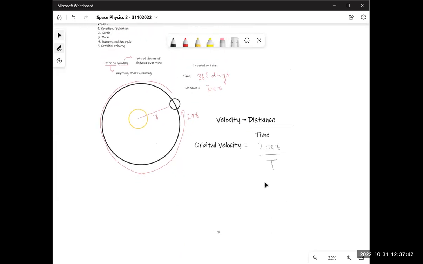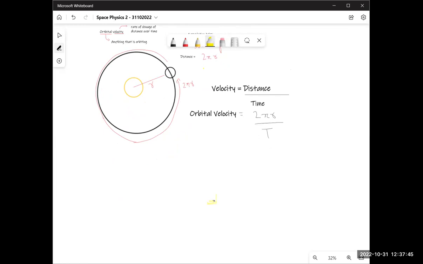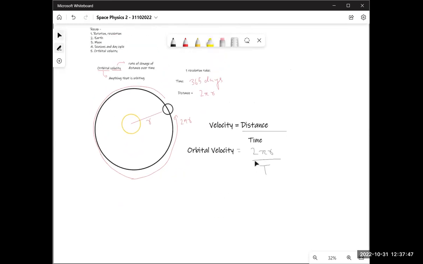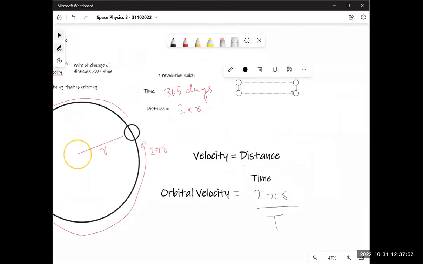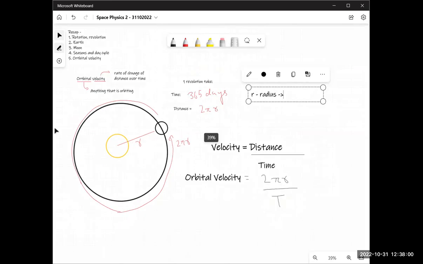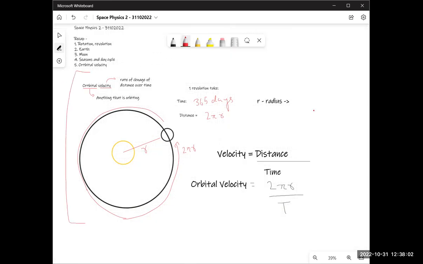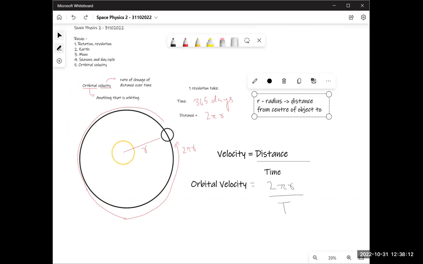Well, you know 2 pi r, we know that already. But there's something we don't know, which is what's r exactly. To find the r, let's write the definition here. What is the radius? What is r? This r is basically the radius, which is equal to, write all of this in your notebook, by the way, the whole thing from here. The radius is the distance from the center of an object, let's say center of sun, could be any object, to earth.